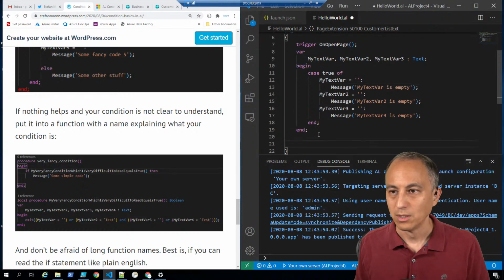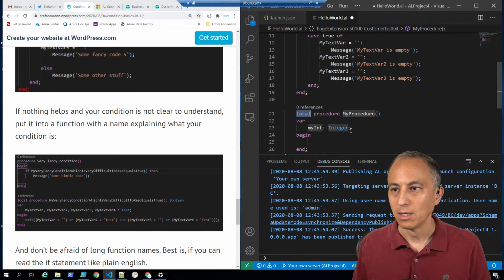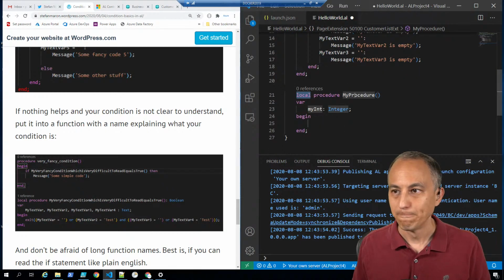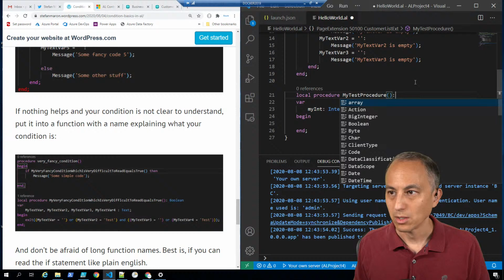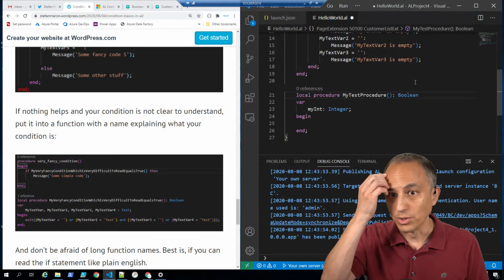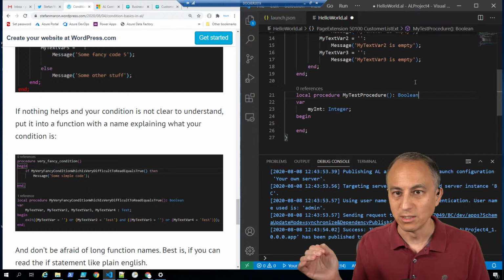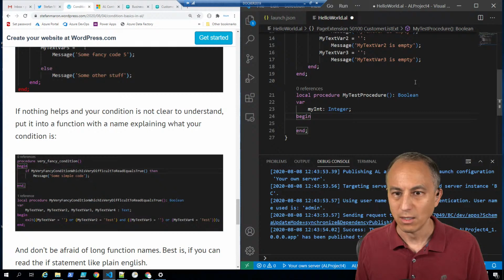So a procedure, local procedure my test procedure colon boolean. Okay, so a procedure, what's a function, but it's called a procedure in code, returns a boolean var,